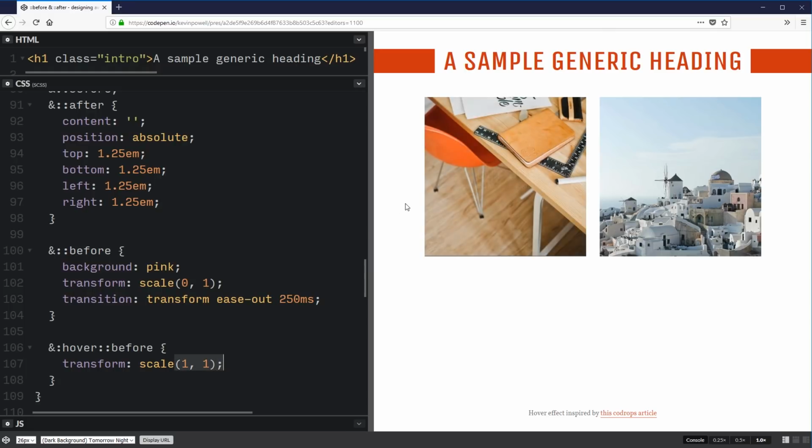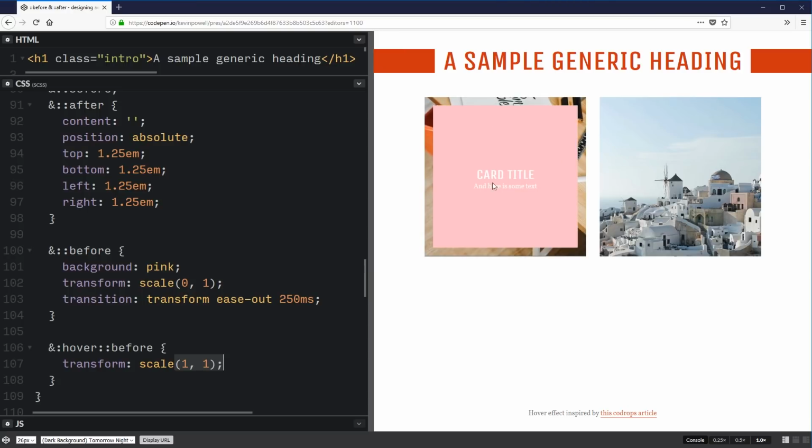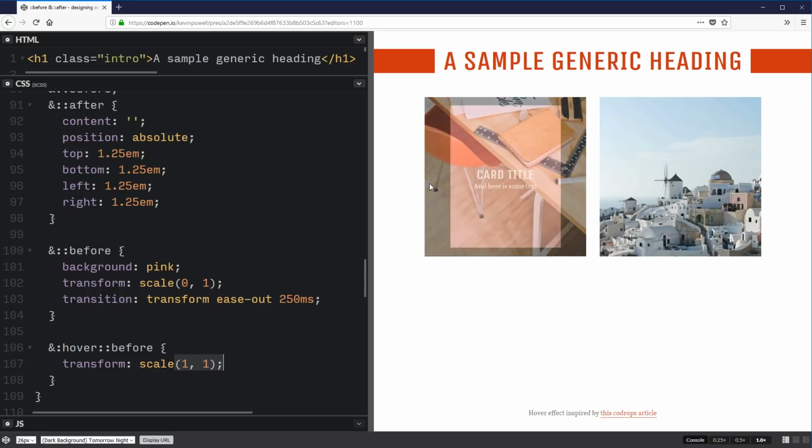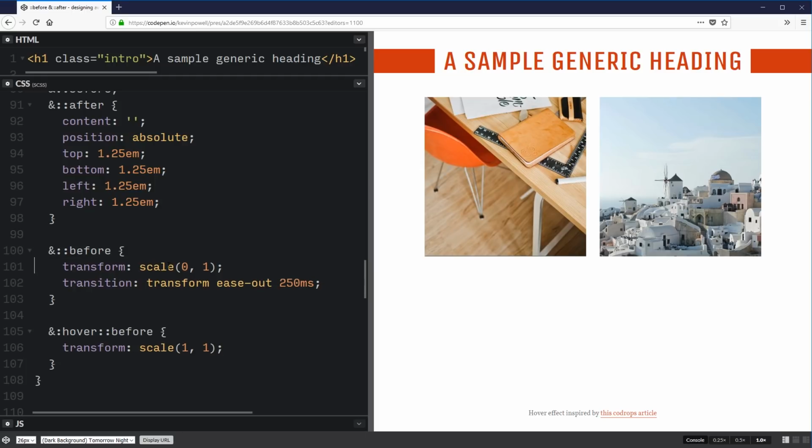So if we go and look now, it's growing from the middle because my Y, which is the up and down, is always at 100%. It's only my X that's changing. So we see it doing this cool little effect like that. Now, that's pretty much what I'm after. The thing is, we don't want a big pink box to be growing in and out like that. We want some lines. So I'm going to turn off my pink background here,